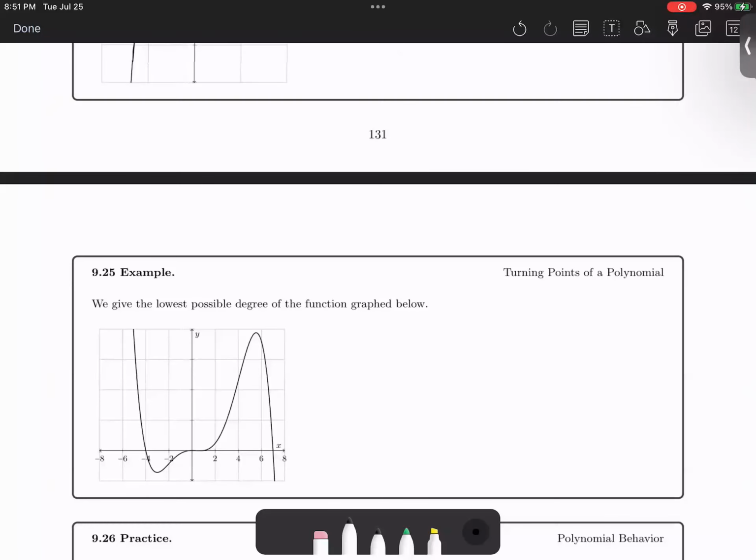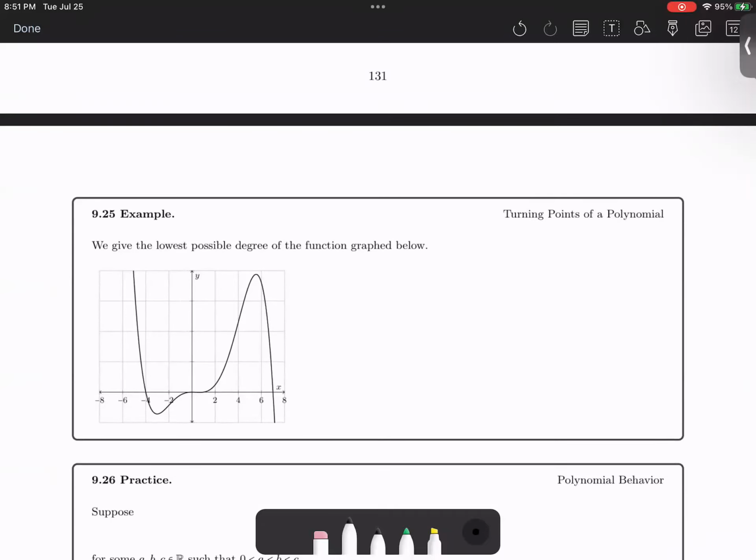All right, this question has a little bit of nuance to it. Give the lowest possible degree of the function graphed below. So here's a polynomial, and we need to count the number of turning points. So 1, and even though I slow down there, I'm increasing the entire way. I don't turn around. So I've only got 1 turning point there